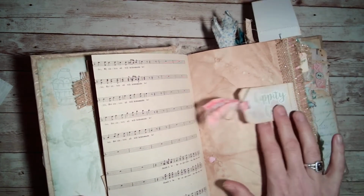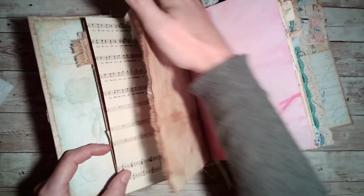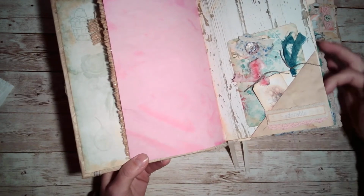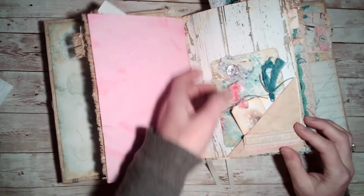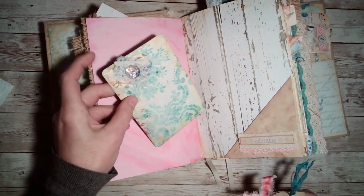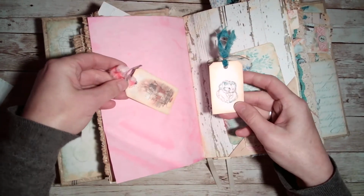And then there's a little tag stitched in here. It flips open on some coffee dyed paper with some burlap trim. Put that back in the screen. And here is some avocado dyed papers, coffee dyed papers. Got a little flip corner here with some stamping underneath, and it's a pocket, so you can see some nice distressed paper. Got another card here with a vintage button, some lace and trims attached,